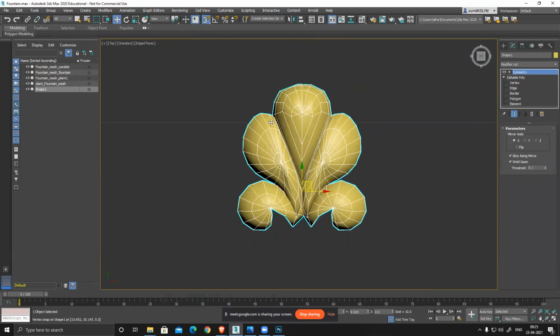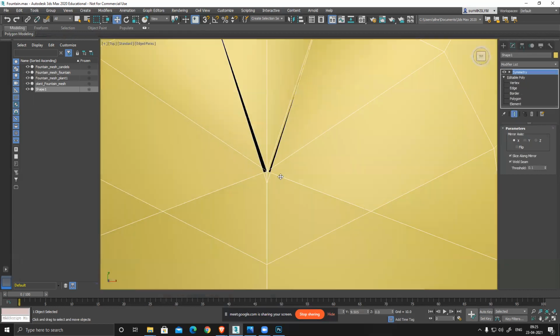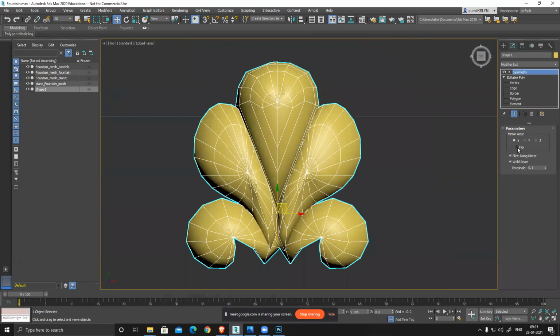So I get this shape, you see, really quickly. And if there is any issue, any problem, it will automatically show me that thing. You can see there is little problem. Why it's not perfectly symmetrical?